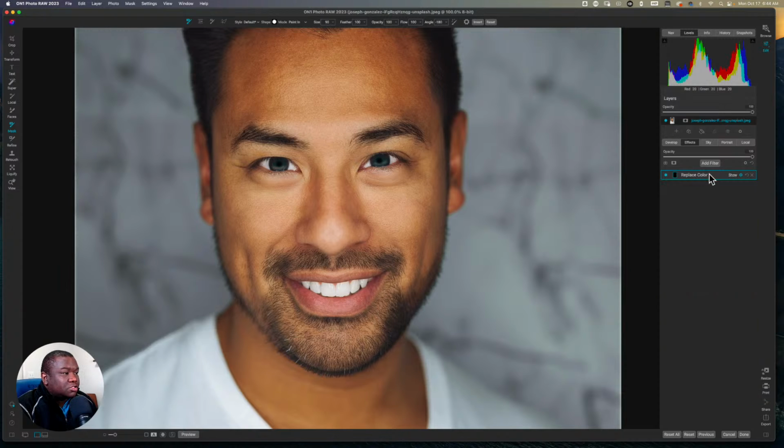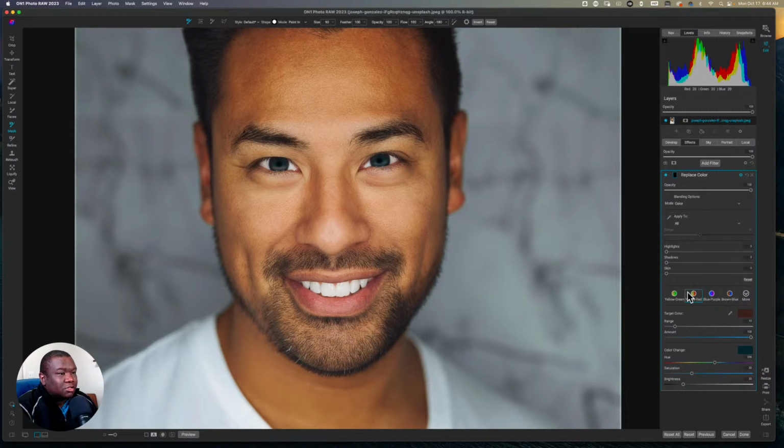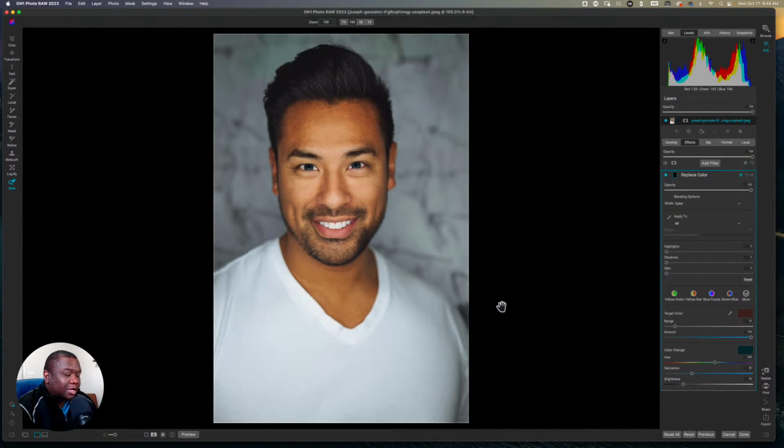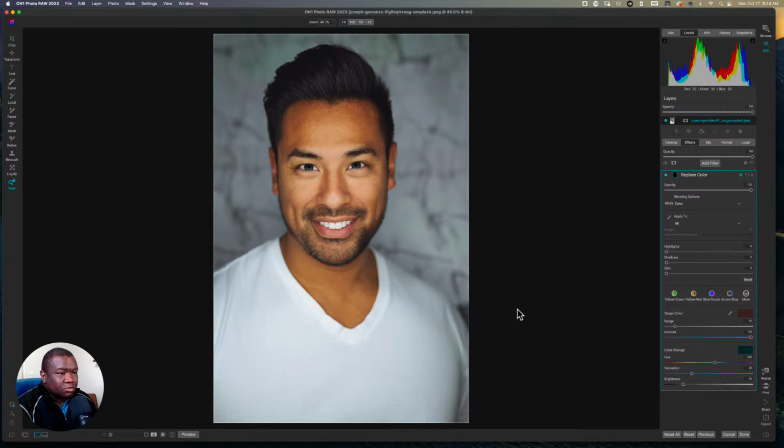Use color, so that way it's only impacting the color. Grab the Z tool or the zoom tool by hitting the letter Z. We'll zoom out, and we'll just move around with the colors here until we find a color that looks pretty good. Now, the saturation tool on the color change, you should probably lower that and go for